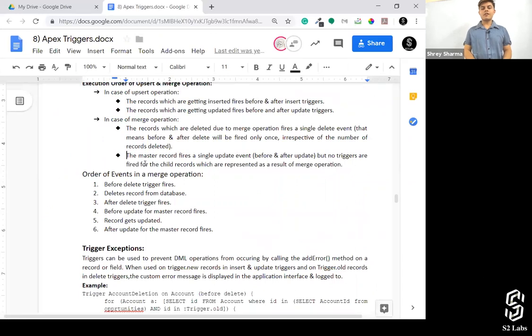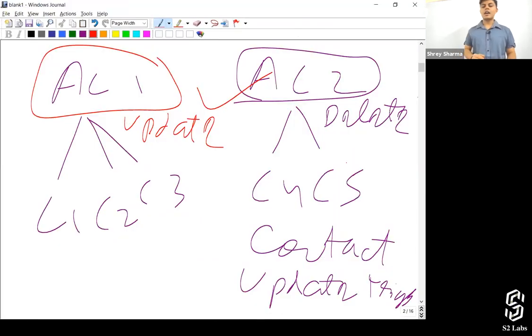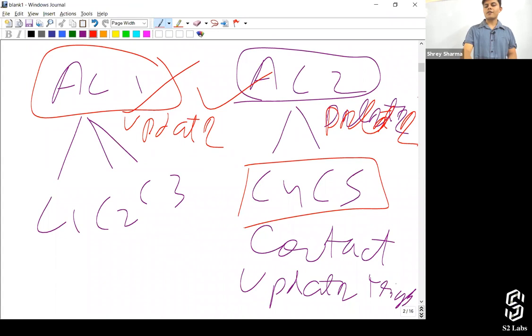But no triggers are fired for the child records which are reparented as a result of the merge operation, right? So that means delete will be fired for this account and update will be fired for this account, but no trigger will be fired for these two records. Why?